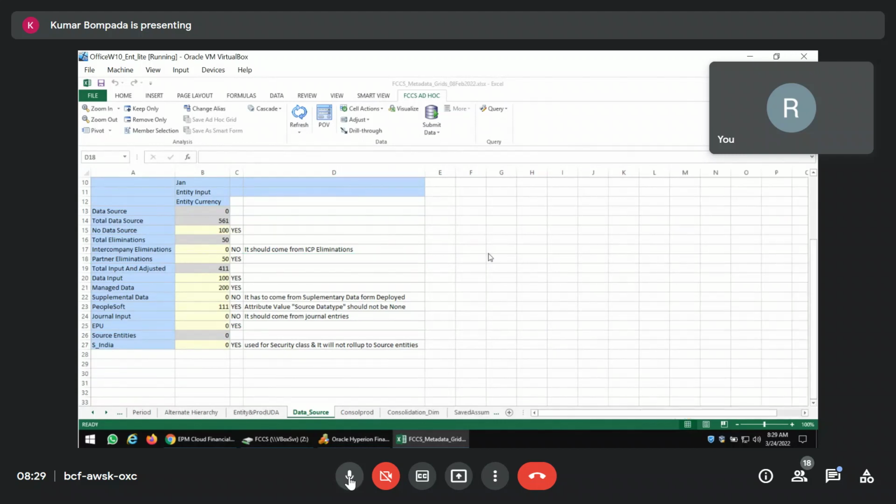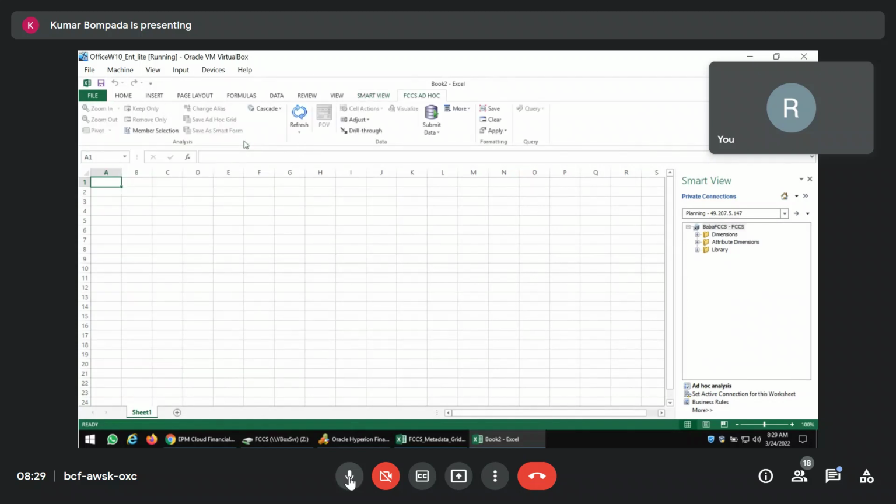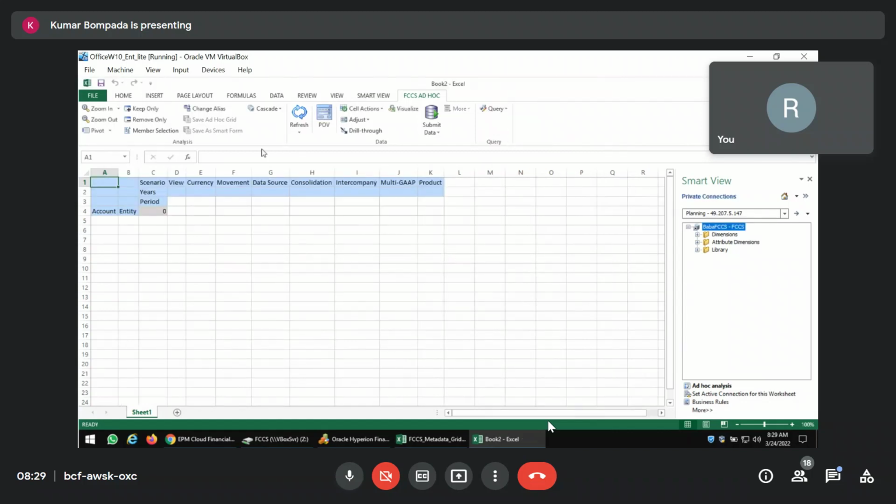Right click on this, go to Smart View, sorry, click on connections, FCCS, yes. So click on smart slice. Okay, click on ad hoc analysis. So it is grayed out. Why? Query, yes. If you click on query designer,